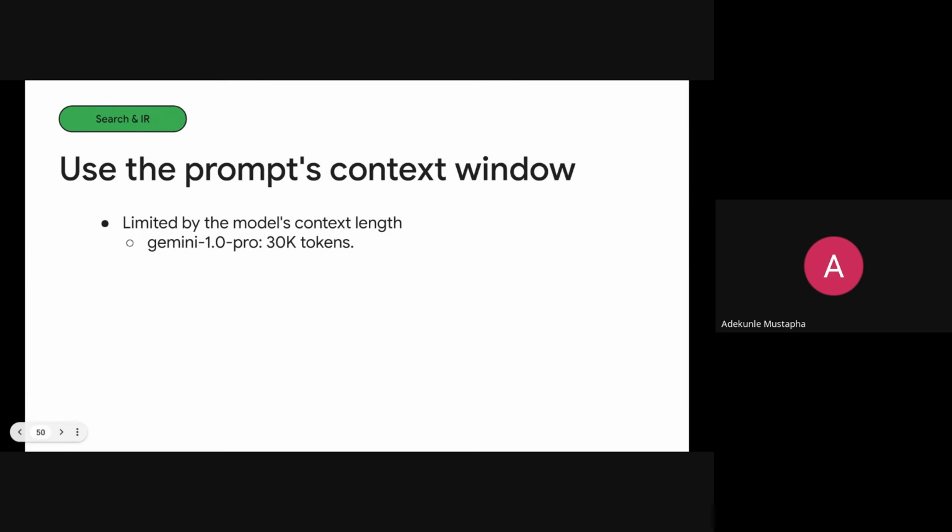So the Gemini 1.0 Pro is limited to 30K tokens. That means it can take as much as 30K inputs, 30K characters, or 30K words. I'm not sure about that particular metric, but it's able to take a whole lot of text and give responses on that. And for the Gemini 1.5 model, the limit is 1 million tokens, so you can handle much bigger problems.